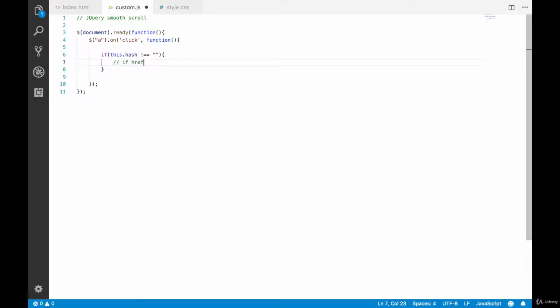Inside href, if there is nothing, not equal. Exclamation mark equal means not equal. Check if it is not equal. Exclamation equal is not equal. So let me show this to you. Hash means this href inside here, if it is not equal to null. Null means